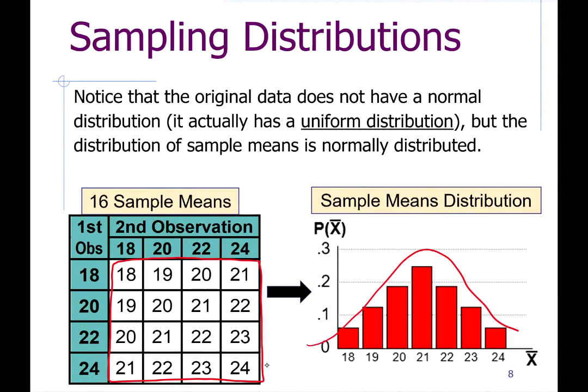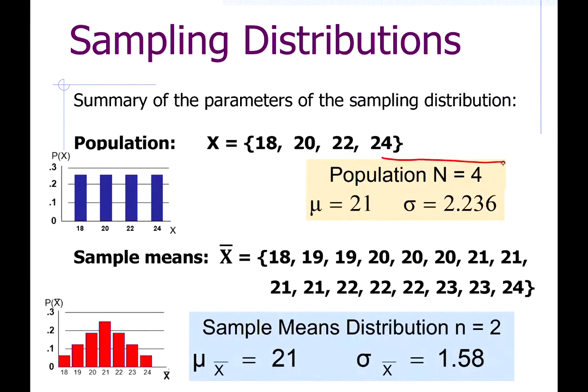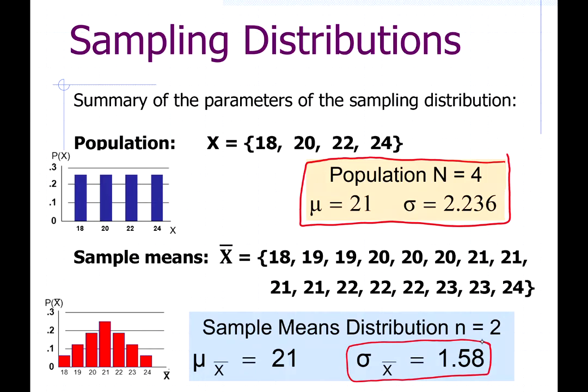And so for the population, we had a mean of 21 and a standard deviation of 2.236. But when we take the standard deviation of the sample means, we get a smaller value. We get 1.58. We'll talk about why this is true a little bit later, but you'll see that the mean of the sample means is equal to the population mean. And that's interesting. So it looks like the sample mean is an unbiased estimator, meaning the average of all the sample means is exactly equal to